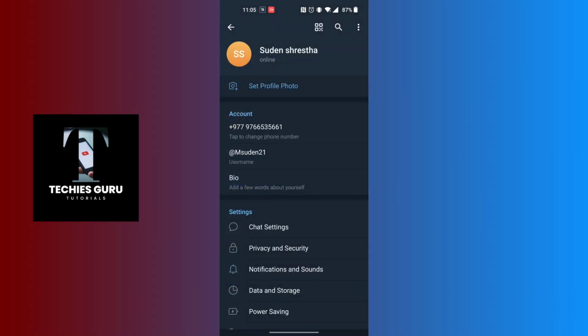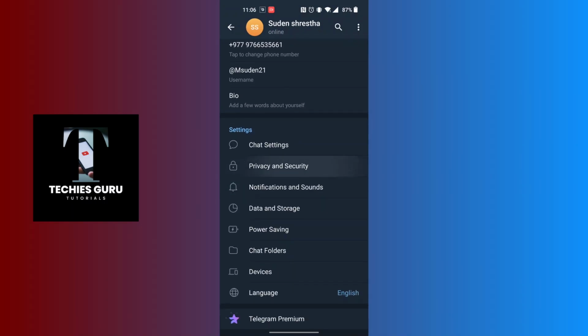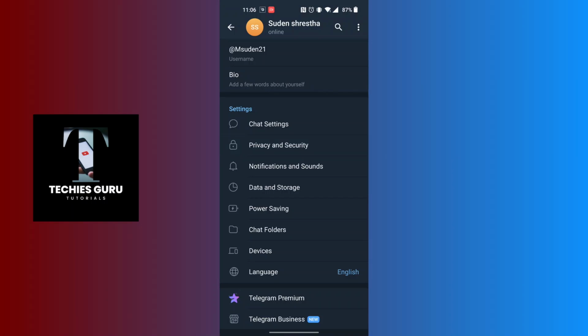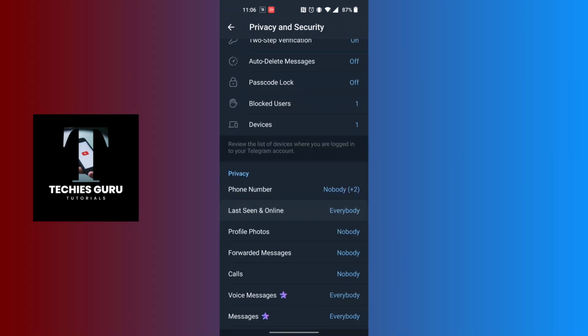Now in order to proceed from over here, we'll be required to tap or open the privacy and security option available for us just below the chat settings. Tap on privacy and security and you will be over here. Now in order to appear offline in Telegram, tap on the last seen and online over here just below the